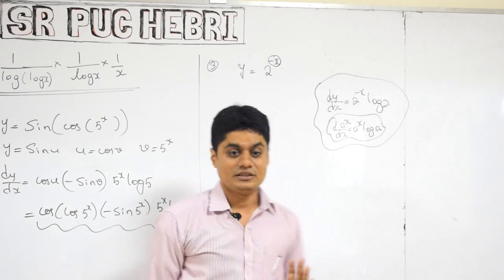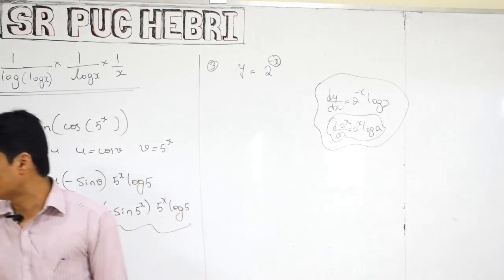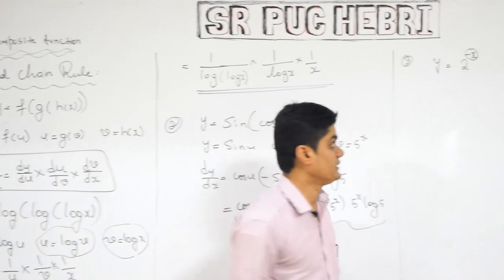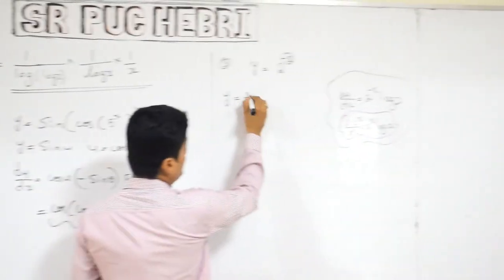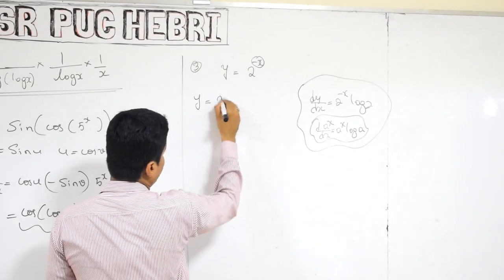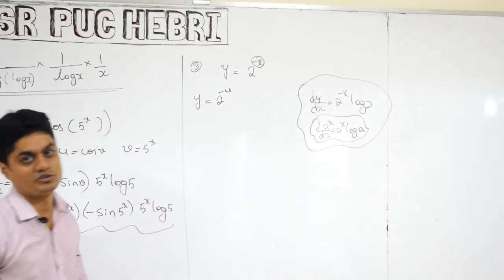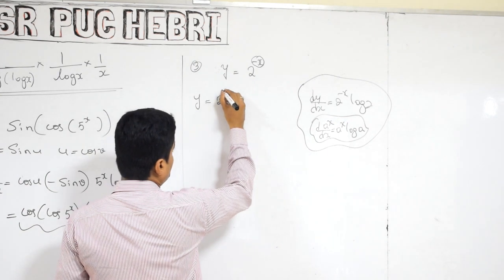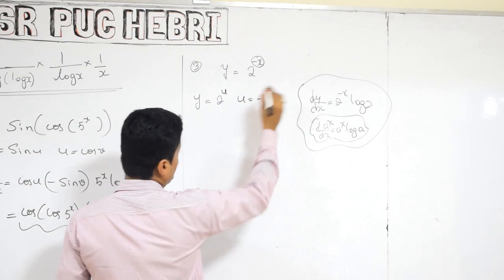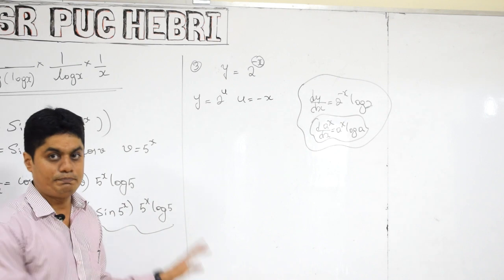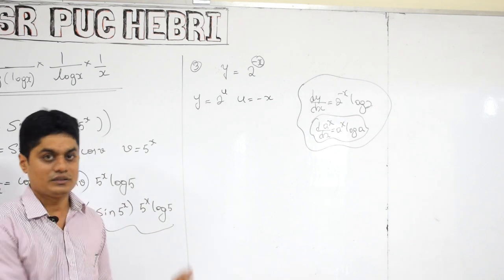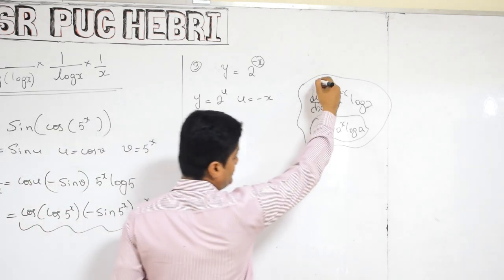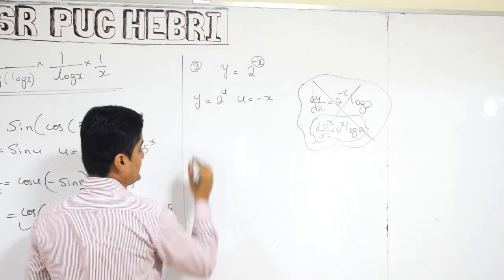Then how to manage this? See, I told you, if you are a beginner, definitely this is the safest method. Remember that. So y is equal to 2 power u. One more mistake you will make, you will write 2 power minus u. Then also it's gone, completely wrong. So be careful, 2 power u, where u is equal to minus x. If you practice like this, you will not miss the composite function. Otherwise, mistakes are possible like this. This is not allowed, remember that.